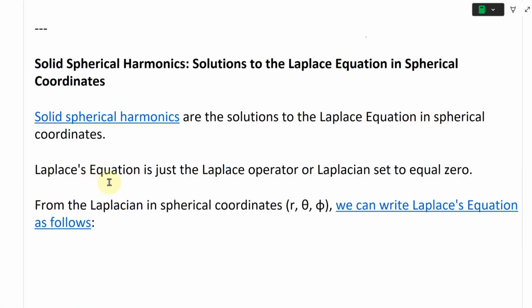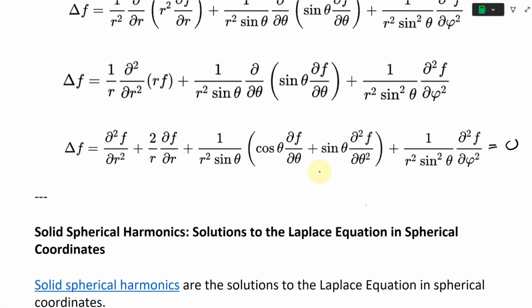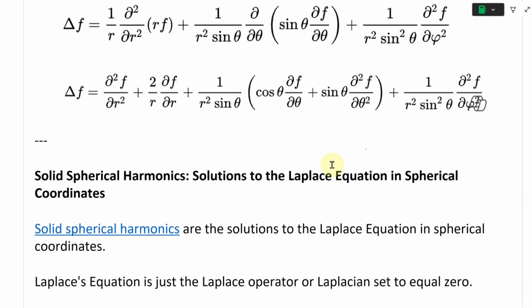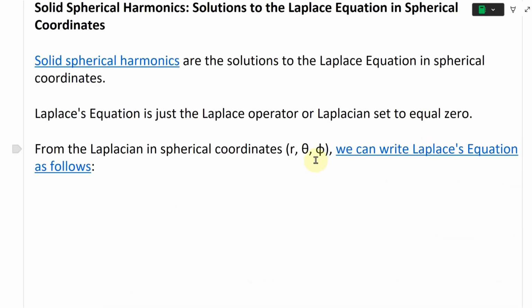So anyways, the Laplace equation is just the Laplace operator, or Laplacian, set equal to 0. So all you do is take this and set it equal to 0. That's the Laplace equation. And you're dealing with harmonics because when it's equal to 0, it's in harmony, and nothing's in and out. It's just always equal to 0. So from the Laplacian in spherical coordinates r theta phi, we can write the Laplace equation as follows,